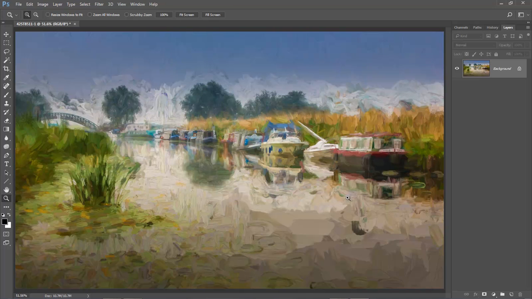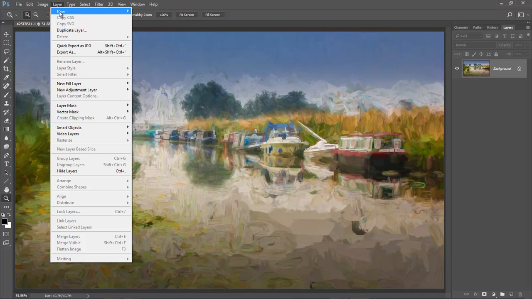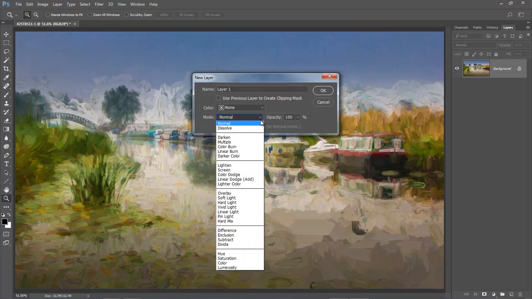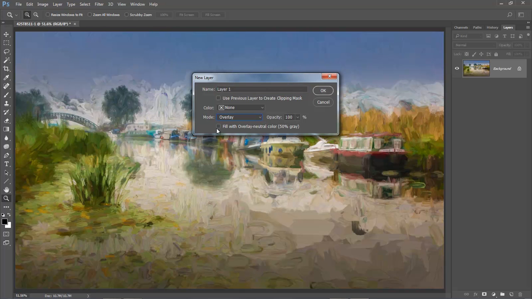So what I'm going to do here is maybe just add a little bit of a texture to the image, because I feel if I'm going to print this, or even if I'm putting it into a slideshow, textures are quite nice to experiment with too. Now we can build in a degree of flexibility here too if we wish. Rather than just applying the texture to the image or a copy of the image, if we go to the layers menu at the top of the screen and choose new layer, what we can do here from the mode, if you drop down to overlay, what we're going to do is to create a new layer in overlay blend